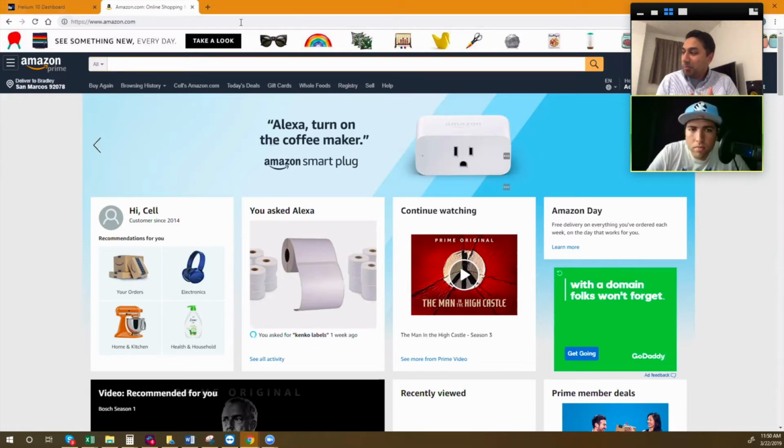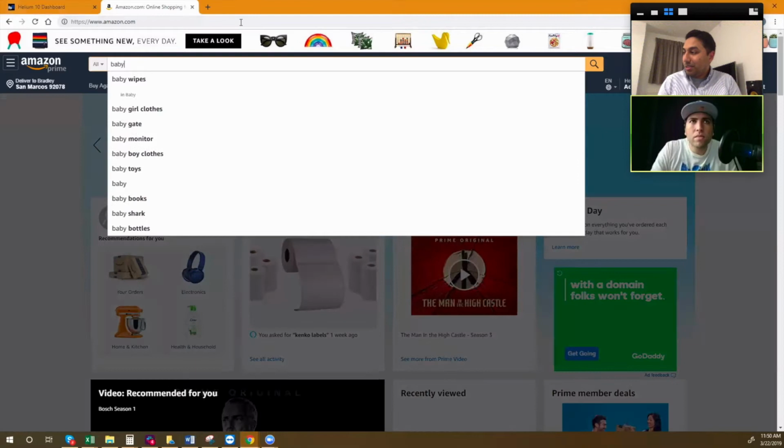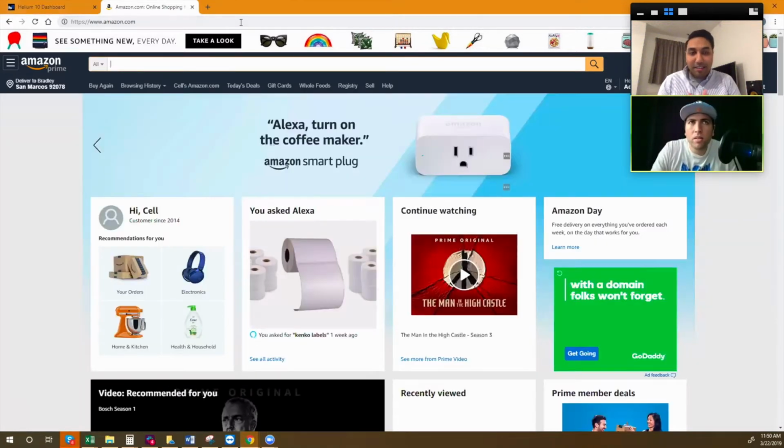I always go with baby burp cloth, so I'm gonna try and stay away from that. There's so many products that I always go through, and right now I can't think of one. Toilet paper. Who's gonna private label toilet paper? I thought about doing it at one point. Maybe if it was like quotes on the toilet paper, people like that. Or if they put Donald Trump on the toilet paper, maybe. Quote of the day. Guys, do not sell toilet paper on Amazon.